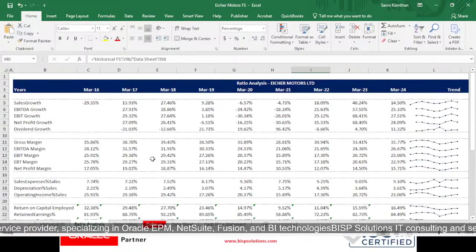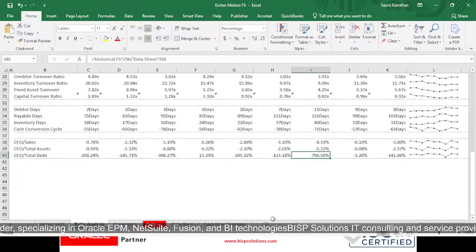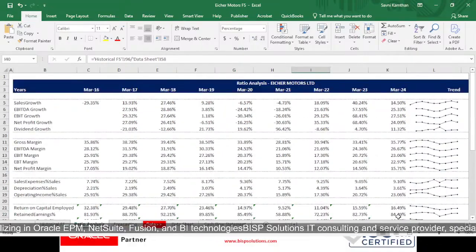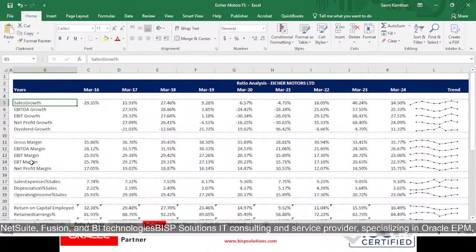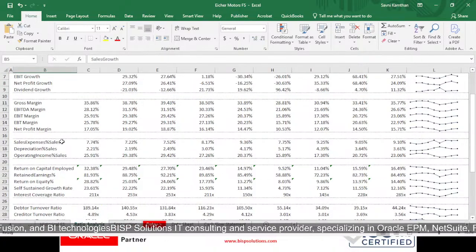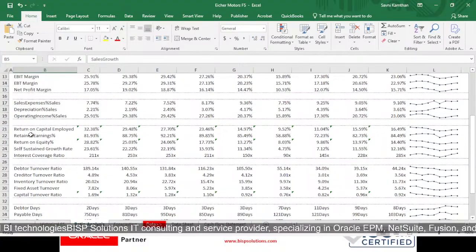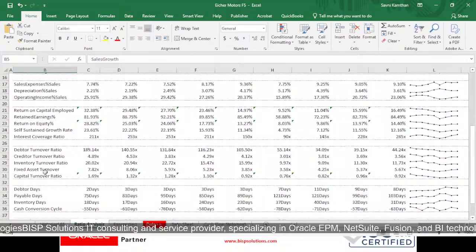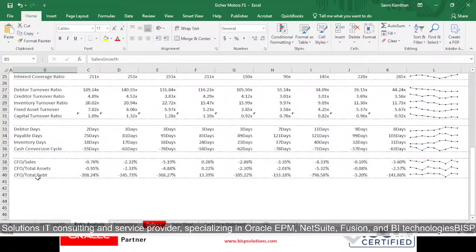This is what our ratio analysis looks like from our previous session, which we have already analyzed in terms of sales growth, gross margin, net margin, sales expenses as a percentage of sales, return on capital employed, debtor turnover ratios, debtor days, and CFO upon total debt. In these we have analyzed the ratios of Eicher Motors. Now coming to our forecasting, we have discussed why we are doing forecasting. It's just a prediction that our company will